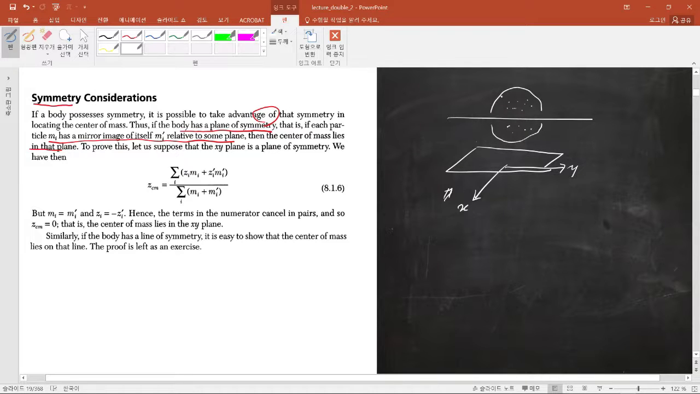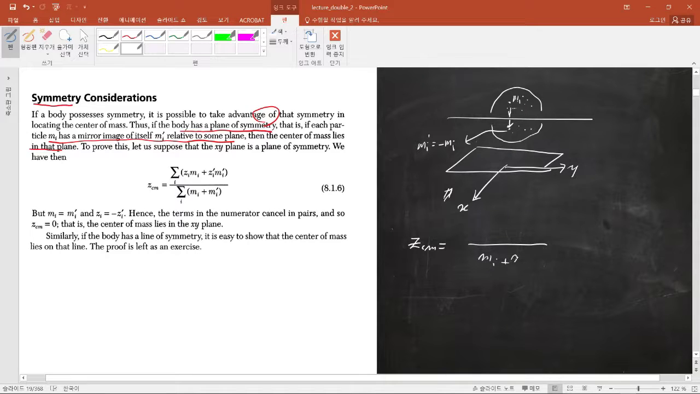same mass distribution. So each mi has a counterpart exactly at the same location, mi prime, which is exactly equal to mi. That is the meaning of this planar symmetry. So you can calculate this. For example, in this case, the center of mass G is as calculated here,